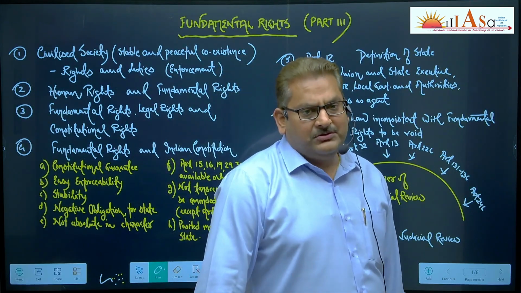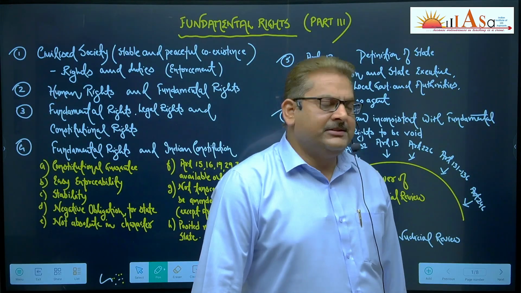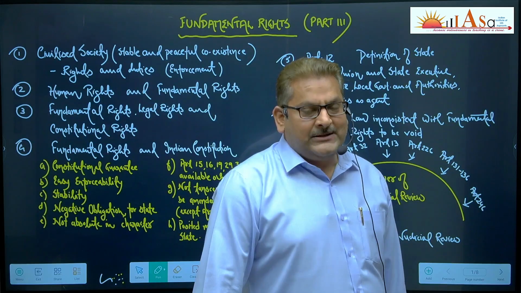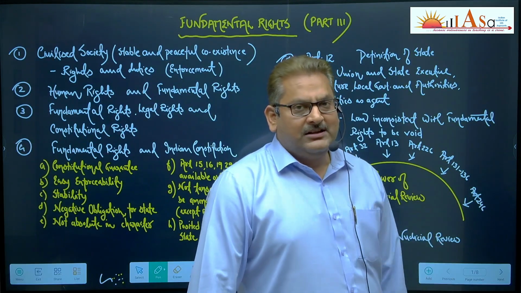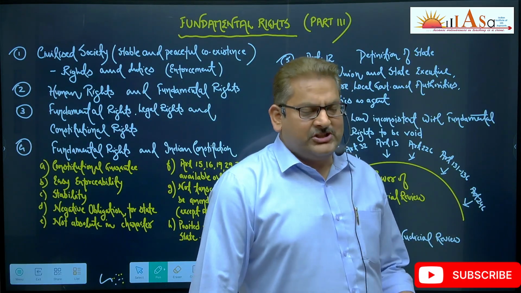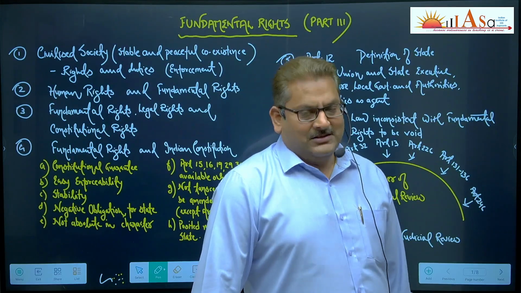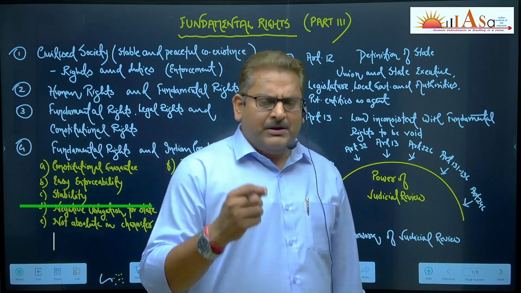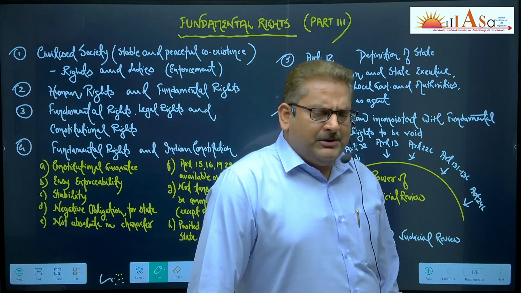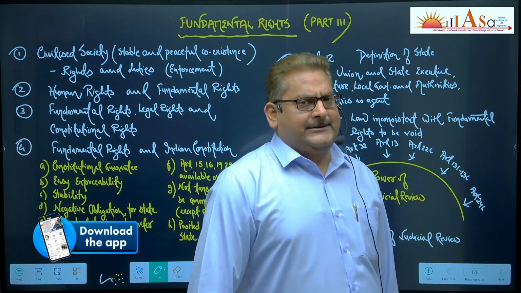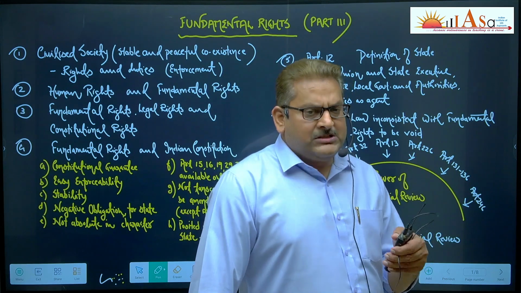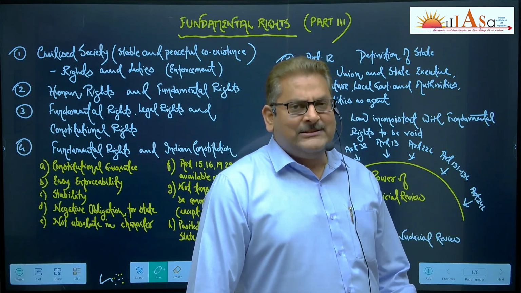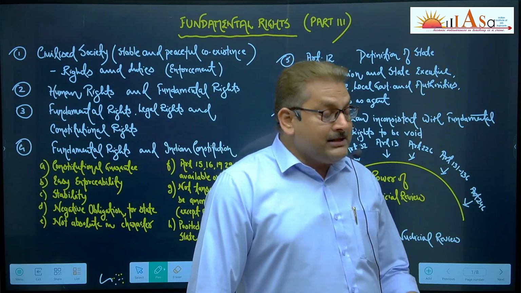Now come to human right. Human right would mean the claim that a person can exercise over something by virtue of the fact that he or she is a human being. Getting your point? The scope of human right is very broad. Human rights refer to the rights which are available to every individual on this planet, irrespective of caste, class, race, religion, ethnicity, or nationality. It has nothing to do with all those things.